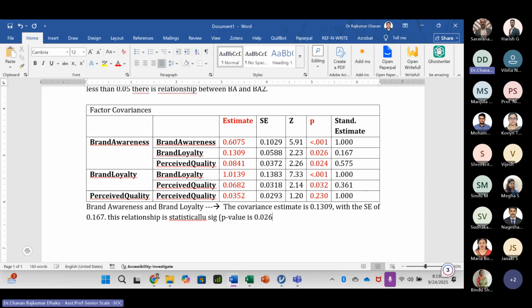0.026, right? Which is 0.026. Actually, it's statistically significant, and we can say it indicates there is a relationship. It's positive, but we can say the relationship is positive and weak. So we can say it indicates a weak relationship, a positive weak correlation between the